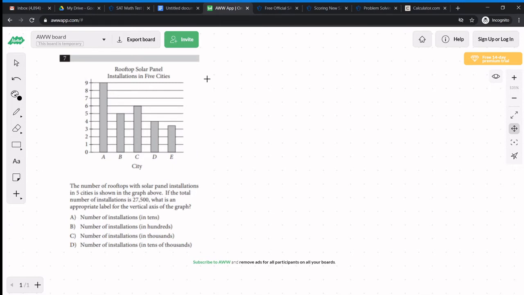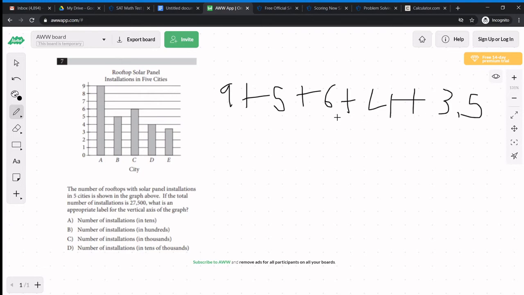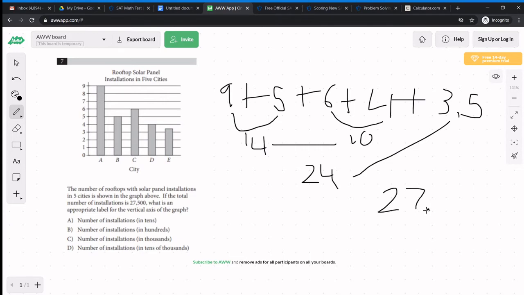Let's just add these numbers to see what we get. 9 plus 5 plus 6 plus 4 plus, we'll say 3.5. This adds up to 27.5. So how do we get from 27.5 to 27,500? Let's check by dividing. 27,500 divided by 27.5 equals